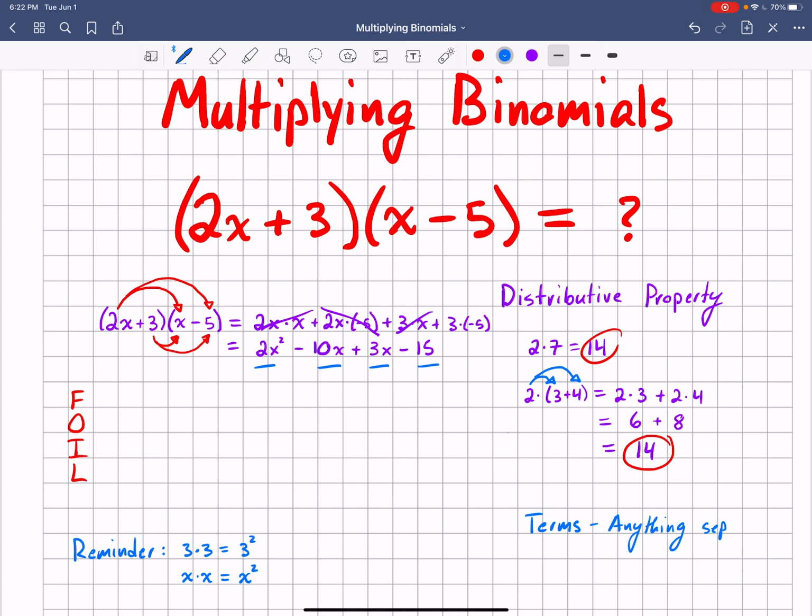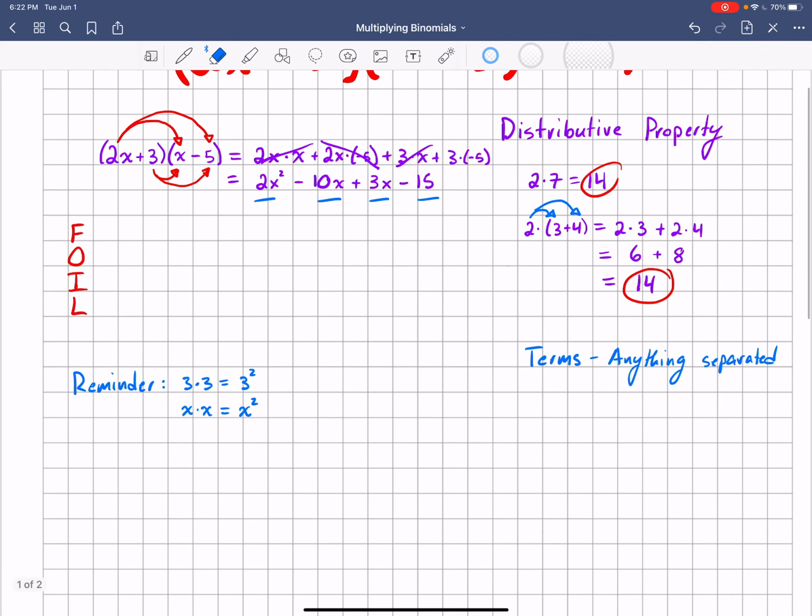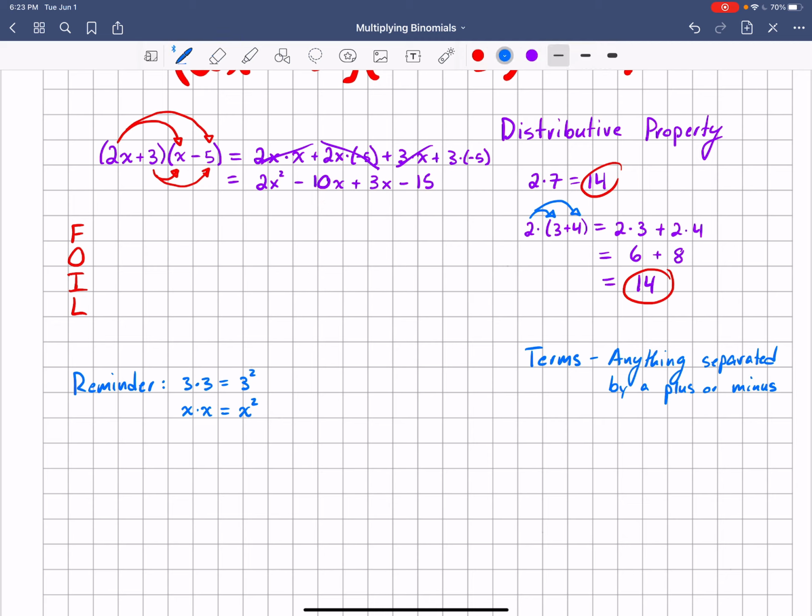separated. Let me get a little more space. Anything separated by a plus or minus. Anything separated by a plus or minus is called a term. This is only important for us because we want to talk about what's called a like term. Now, a like term, if we look at our 4 terms here, a like term is any term that has